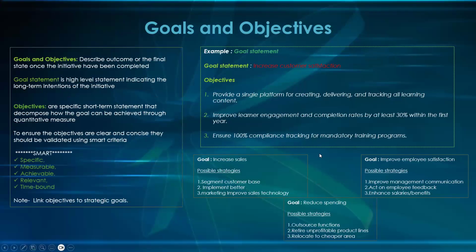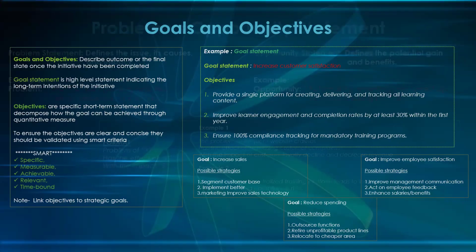So after you've written your business context, you've given a problem or an opportunity statement, you now want to go into the main meat of the strategy of how you want to achieve, how do you want to resolve the problem?